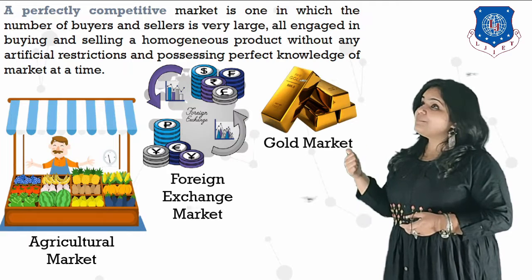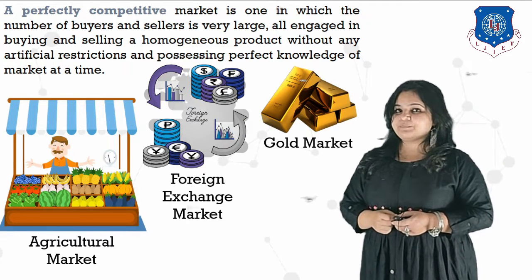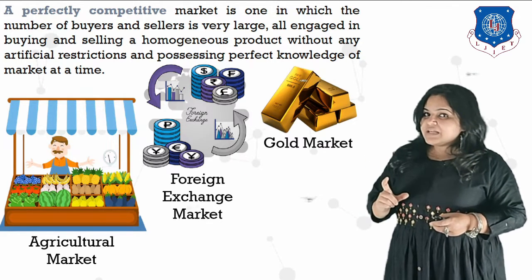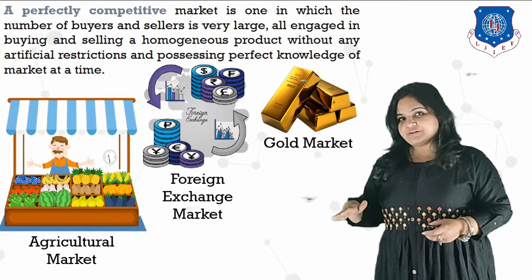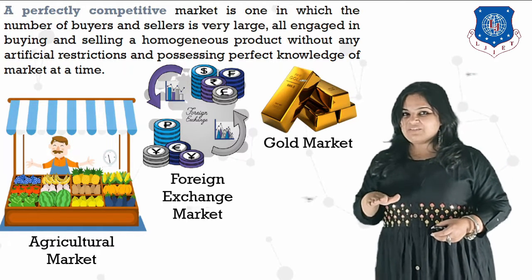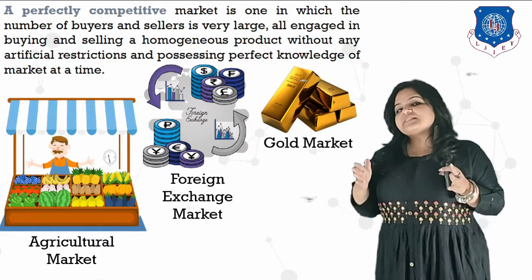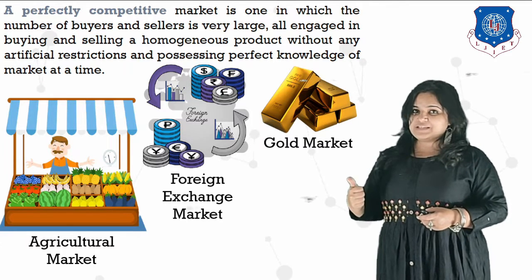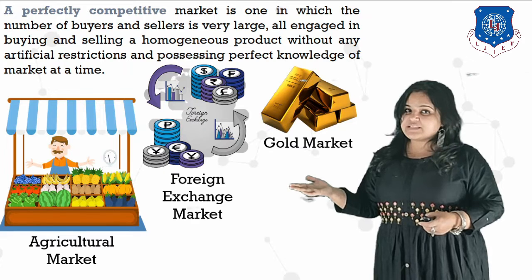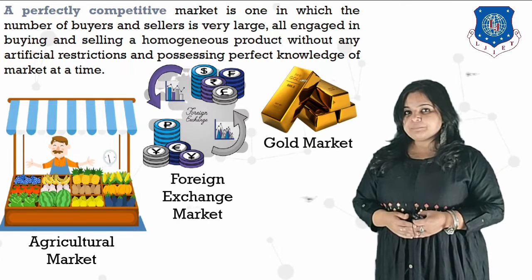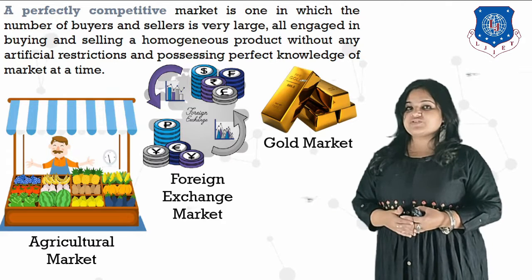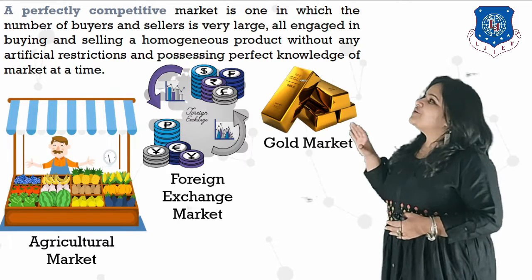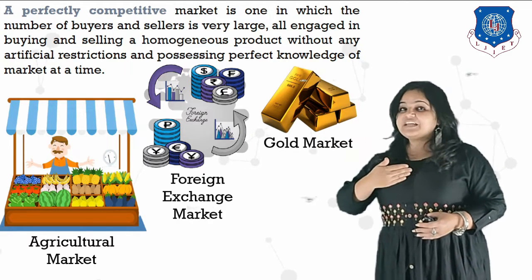Thirdly, even the gold market is said to be in perfect competition. I am talking about gold bars here, not gold ornaments. Ornaments would be a different product by each and every jeweler, but each and every one will be having gold bars valued at the same price on that particular day. So it would be a homogeneous product. There would be a large number of jewelers selling it, a large number of buyers buying it, and no artificial restriction. Or is it? Yes, there are artificial restrictions, but as I told you, these are some examples which are nearby.